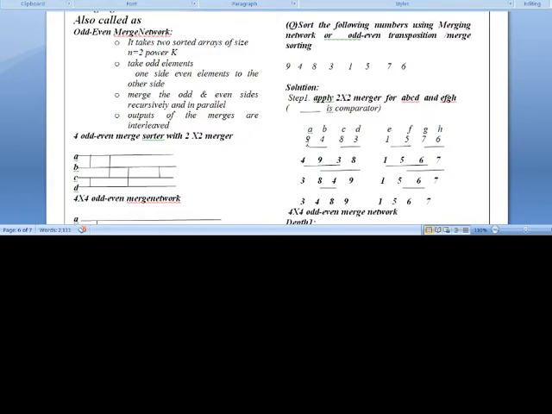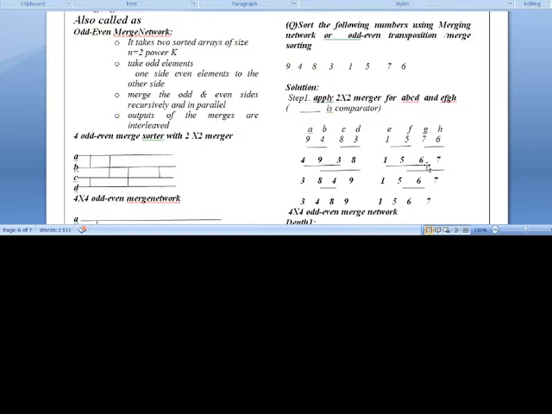2 by 2 merger means apply the comparators for the first 2, then apply, take the odd and even for the first list. 4, 3, apply the comparator, we get 3, 4. 9, 8, apply the comparator, we get 8, 9.